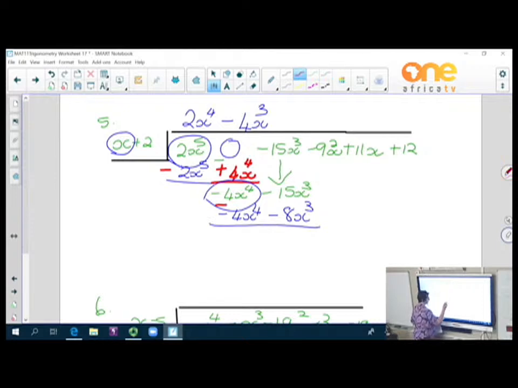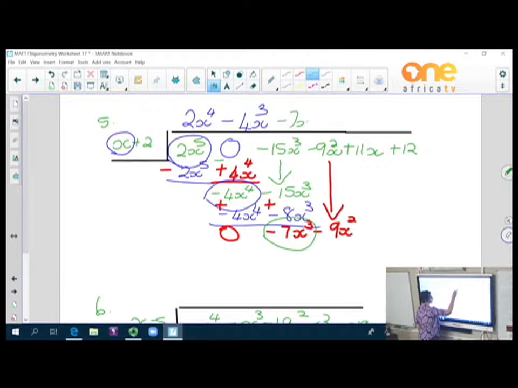And we subtract and we change the second signs. Look here, this is often where you go wrong. Negative 15 plus 8 is negative 7x to the power of 3, bringing down the negative 9x squared. Right, how many times will x divide into this one? It is then negative 7x squared, multiply, then you have negative 7x squared minus 14x3 minus 14x squared. Change the second signs, plus